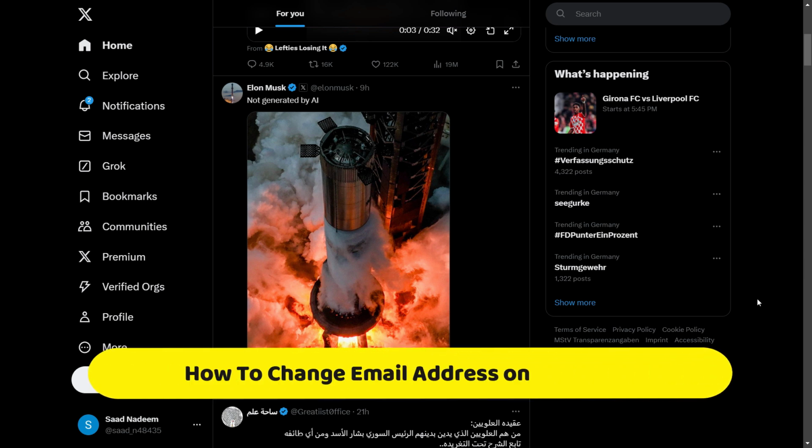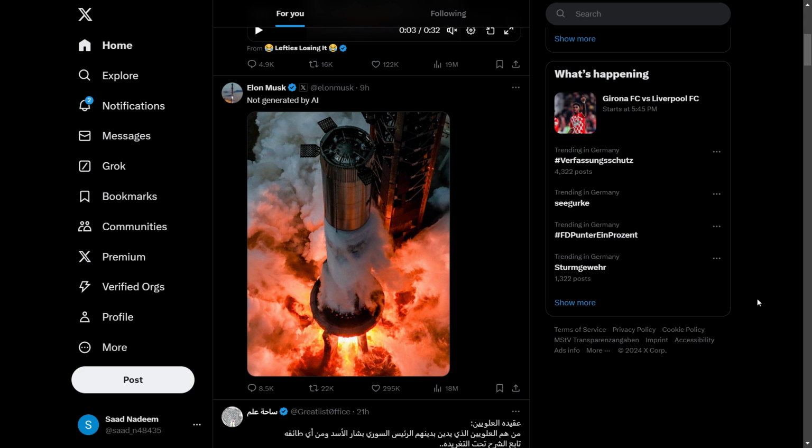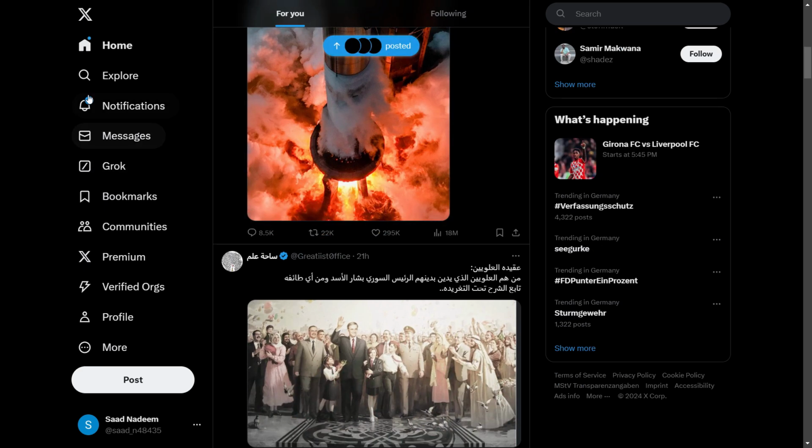In this quick tutorial, I'm going to show you how you can change the email address or mention the email address on your Twitter or X account. So it's a pretty straightforward process. All you have to do is just from the main screen where you see all of these options, just click